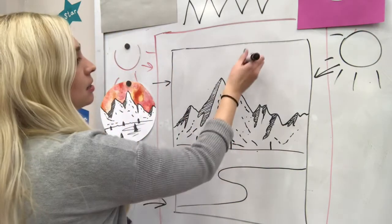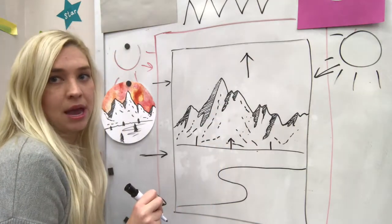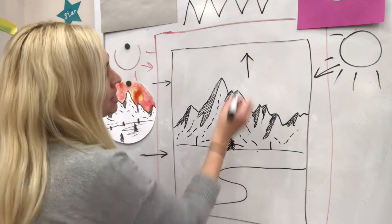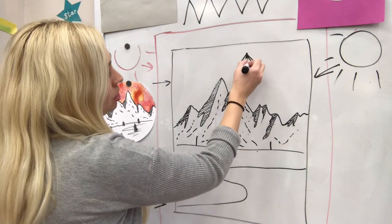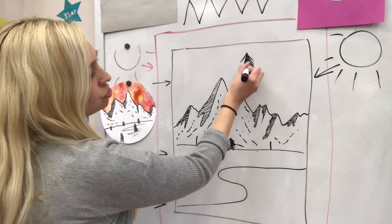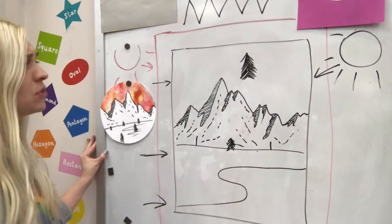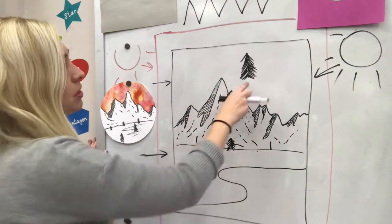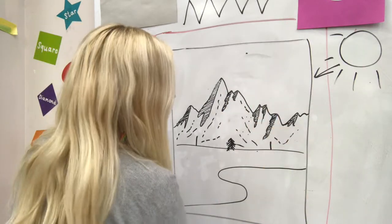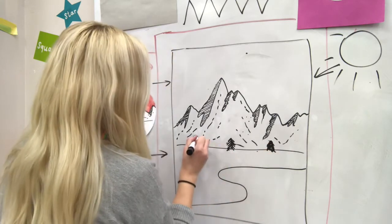And this is what it looks like. I'm gonna draw in the sky, don't draw in your sky. This is what it looks like if you were to zoom in, okay? So now I'm gonna draw lines underneath it that get bigger. So it looks like a tree. Okay, see how I did that? Looks like a tree is floating over my mountain range right now. So you're gonna do this on these short little trees here. Erase that guy. Okay, so now I have 3 little tree friends in my